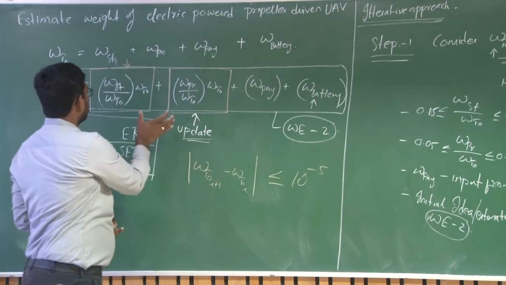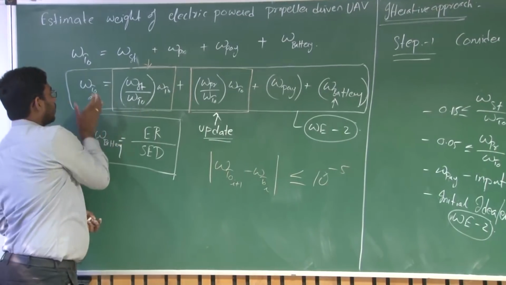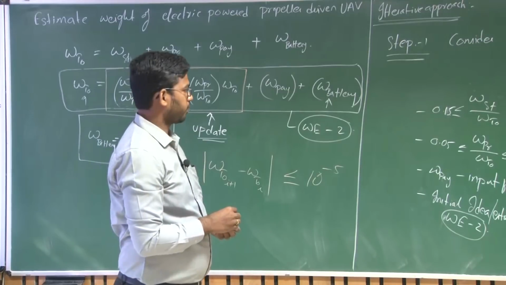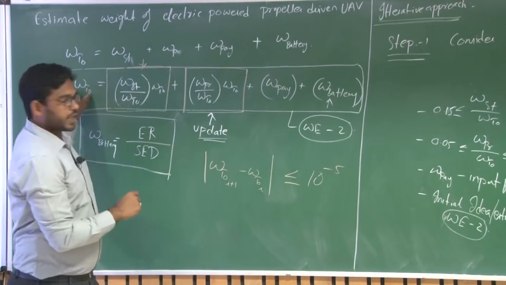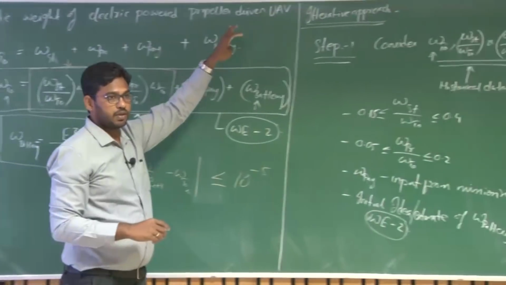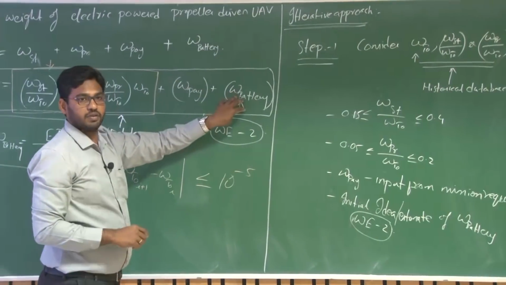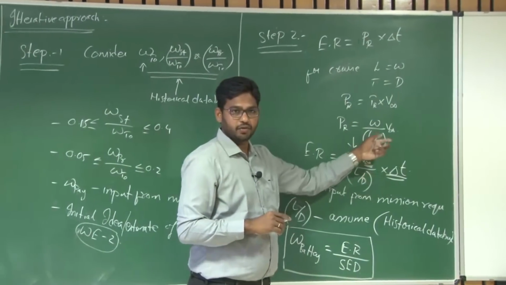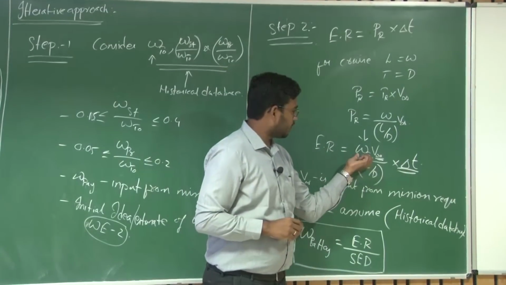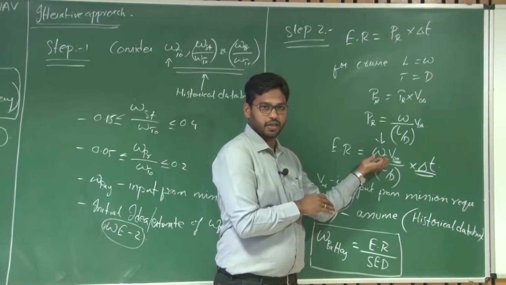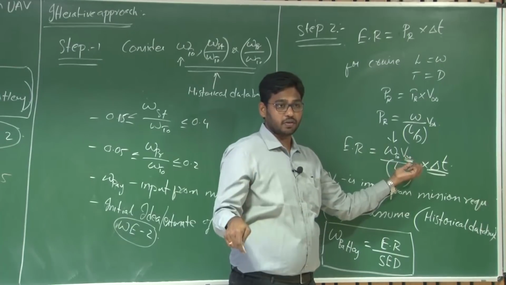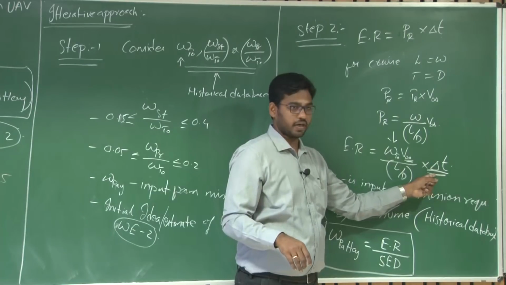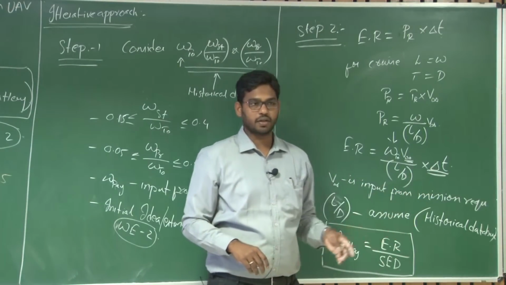But the propulsion weight as well as the structural weight ratio and the overall takeoff weight are considered from the historical database. Say with this overall takeoff weight and the new mission requirements, now find out the corresponding battery weight. How to do that? Now the power required here is W by L by D into V infinity. Here W takeoff is from the previous UAV or the historical database, and V infinity is as per your new mission requirements, delta T, the time of flight, is as per your new mission requirements, and L by D is an assumption that you are considering.